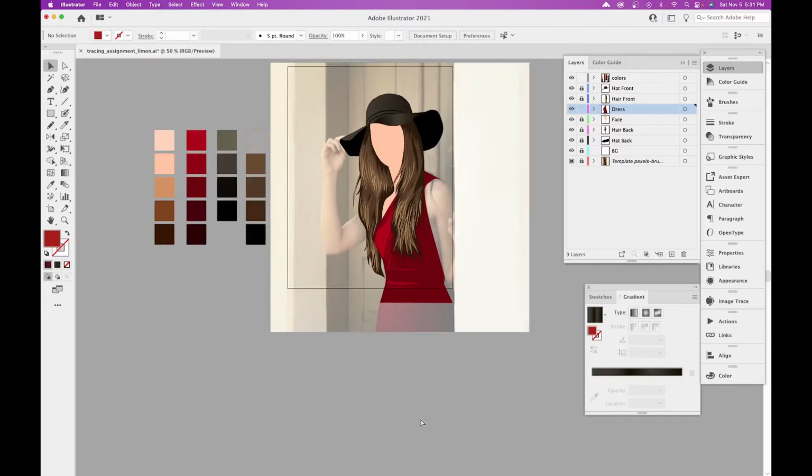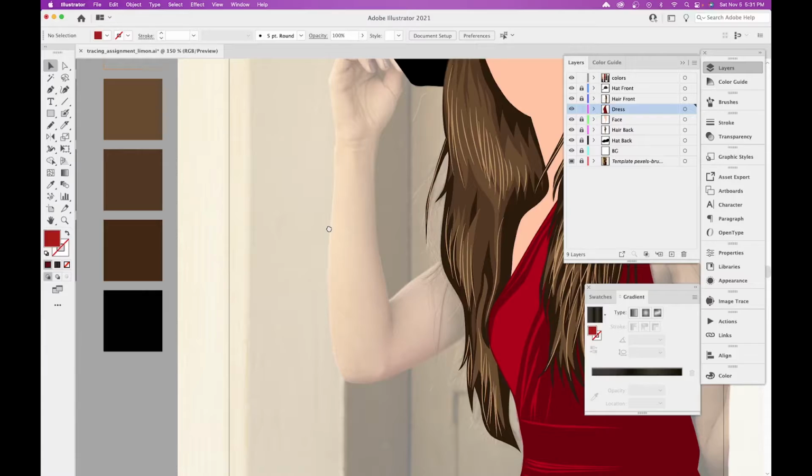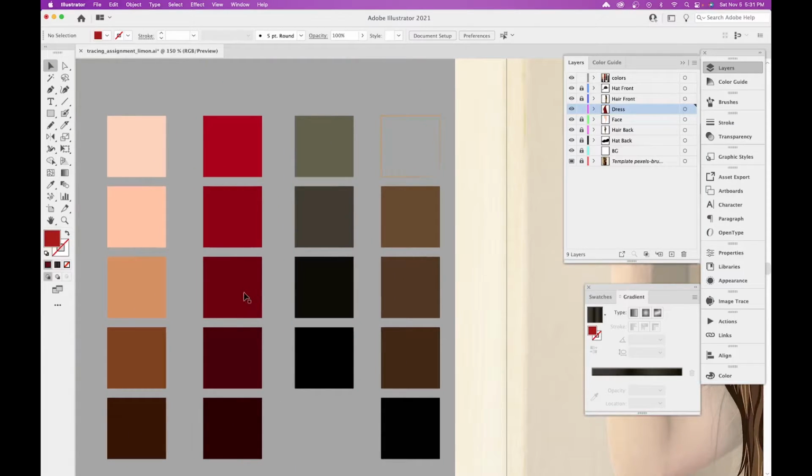Okay, so there I have some highlights. And then I could add some midtones and some shadows. So now I'm going to go and select this one,